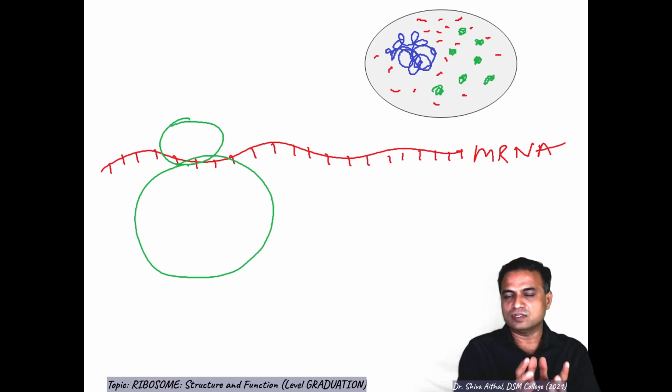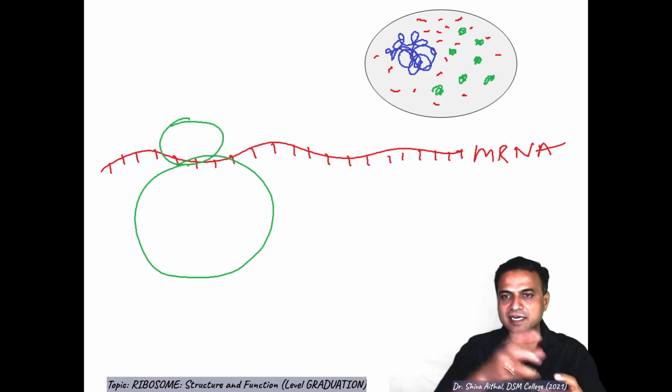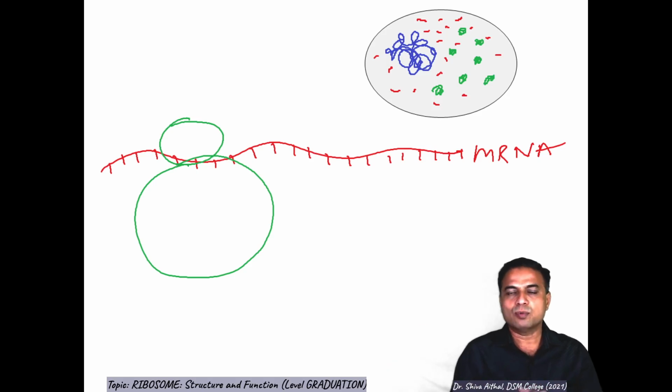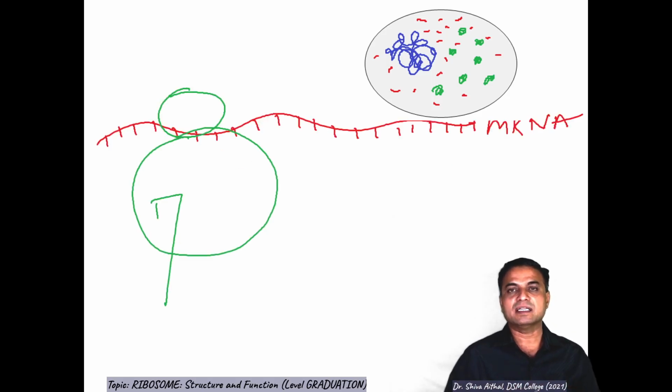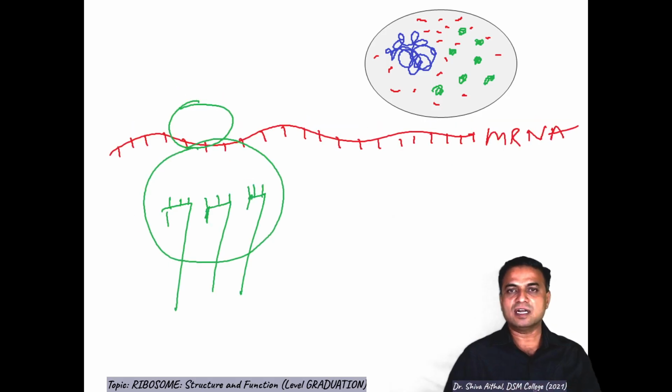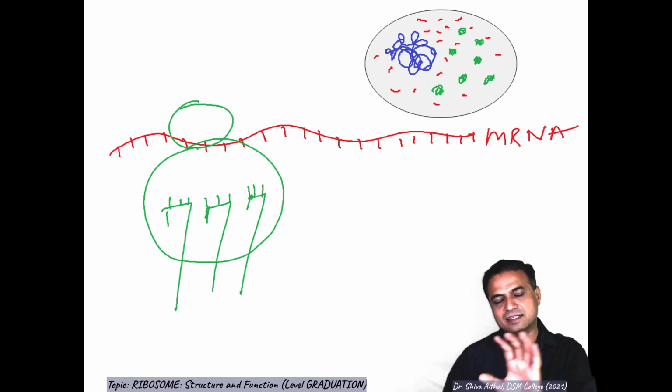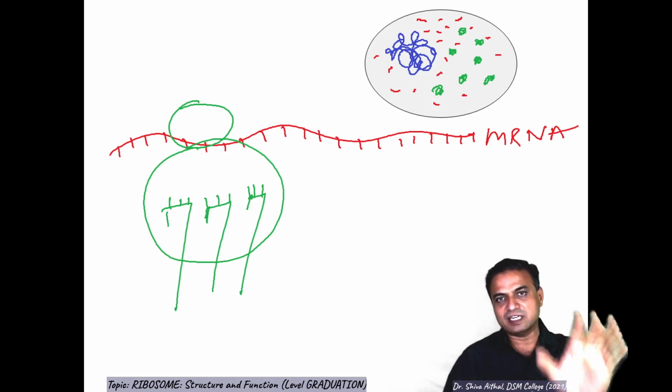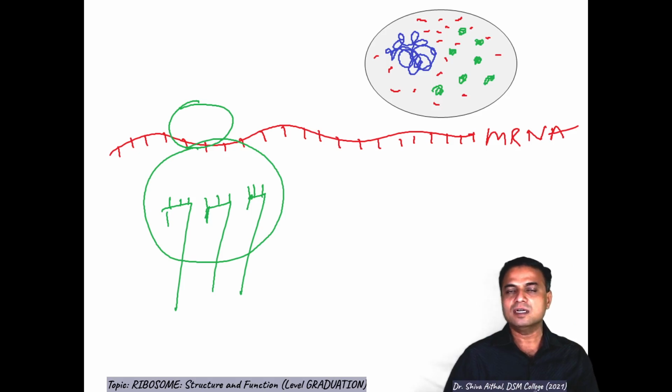Ribosome is the office where everybody assembles for the meeting and to read this mRNA into proteins. What is needed? Amino acids are needed. Who will bring the amino acids here? tRNAs will be bringing the amino acids here. Imagine there are three sites. I mean there is a space for three tRNAs to be accommodated on the ribosome.